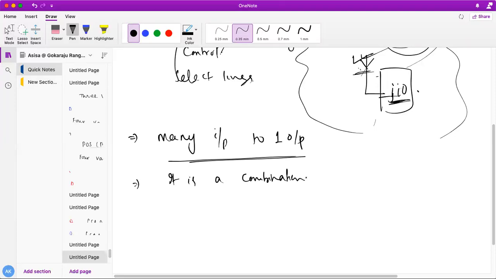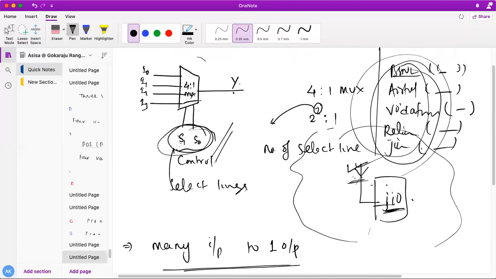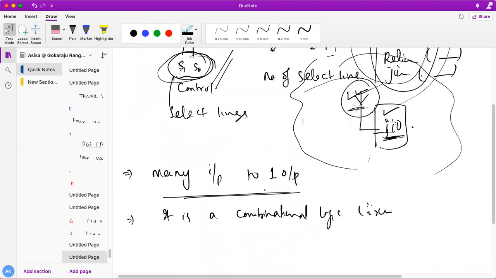Why is it a combinational logic circuit, students? Because it only depends on the present inputs. It doesn't depend on whether my mobile previously used Vodafone, or whether I need only Vodafone. It only sees what the present criteria required by this mobile phone is, then it will choose that particular megahertz frequency range. So it's a combinational logic circuit whose output only depends on the present input. It's a function of the present input. That's why it's a combinational logic circuit.